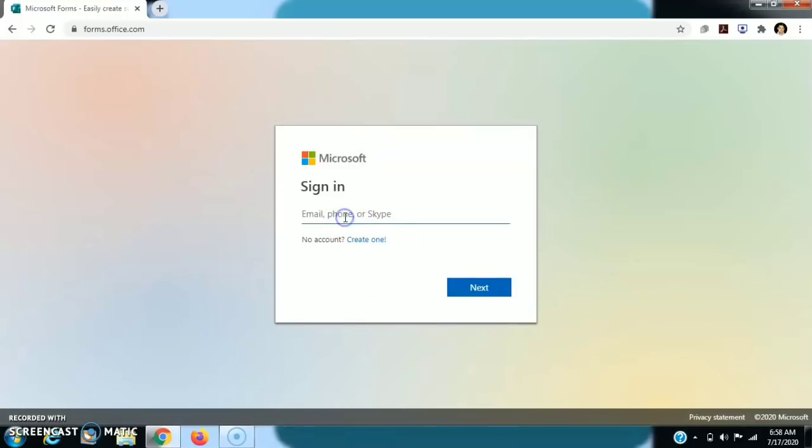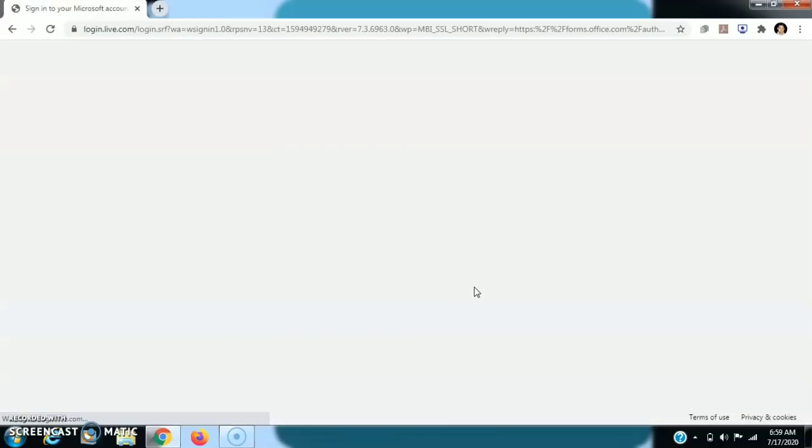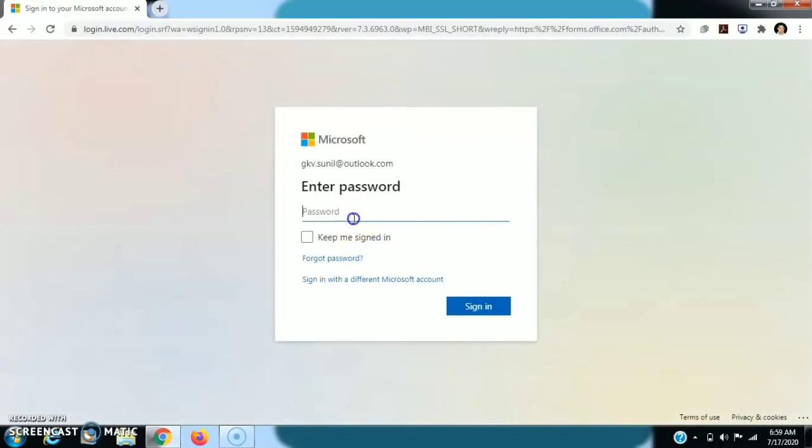Now we have to log in using our email ID or phone. So let us log in. Click next. I have to enter the password.